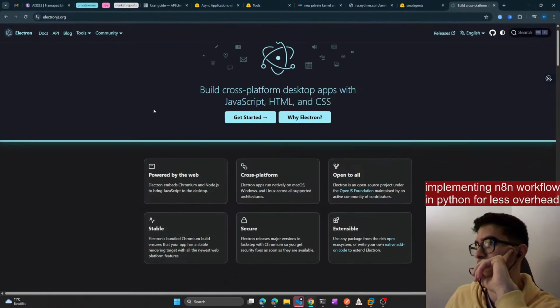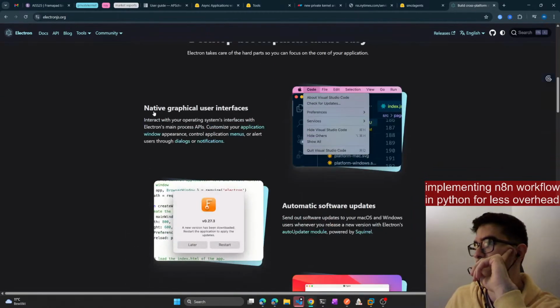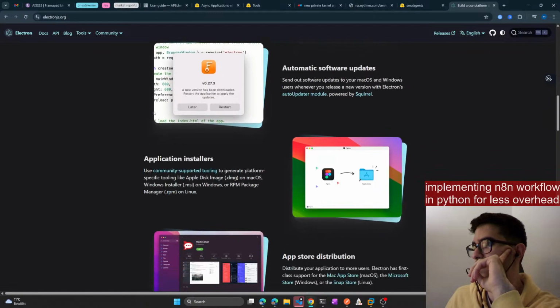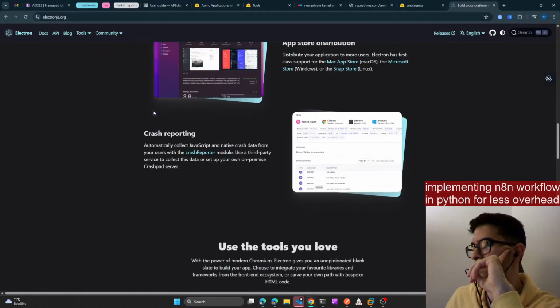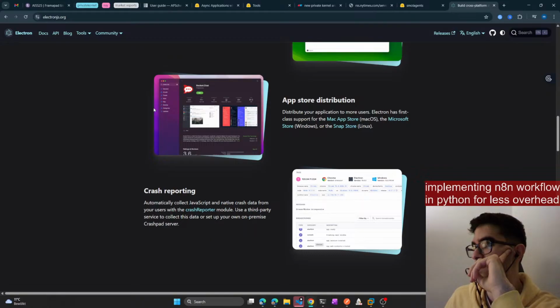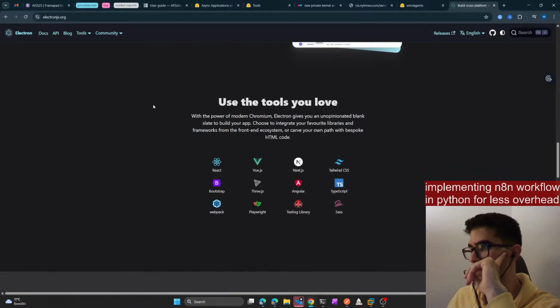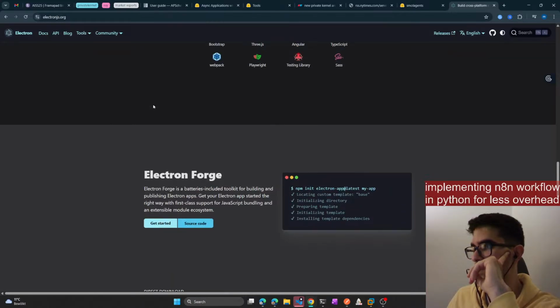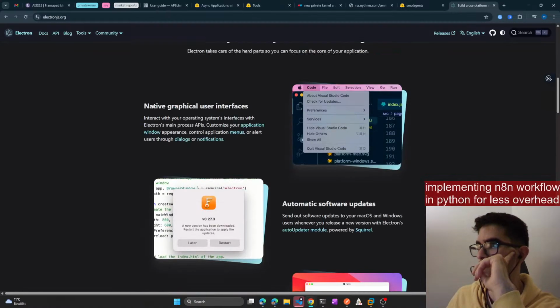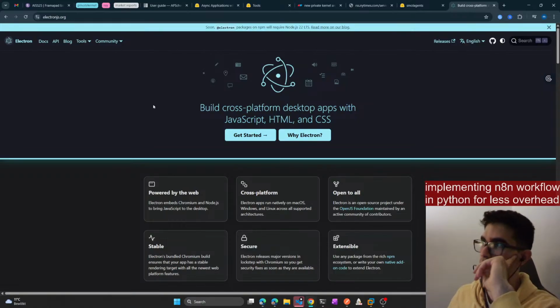This app is... yeah, it could be this one. Yeah, it could be, but to be honest, I don't know.